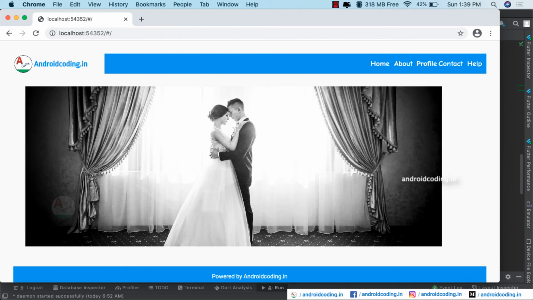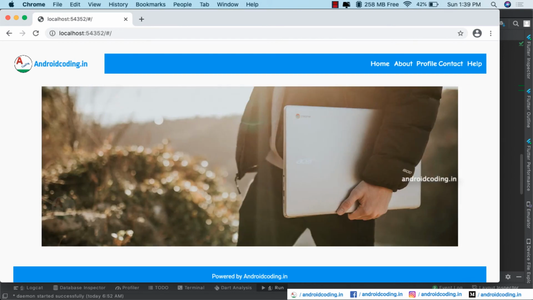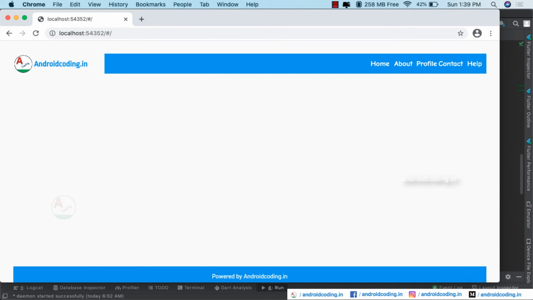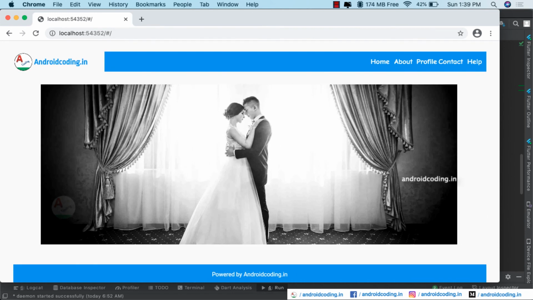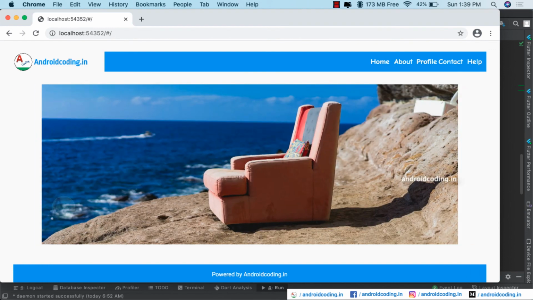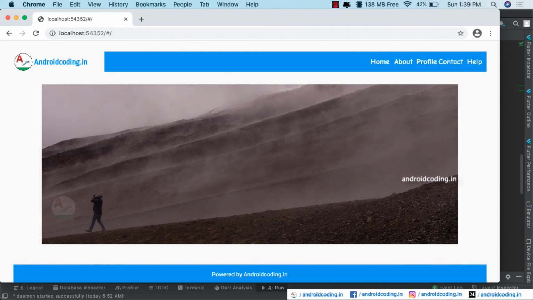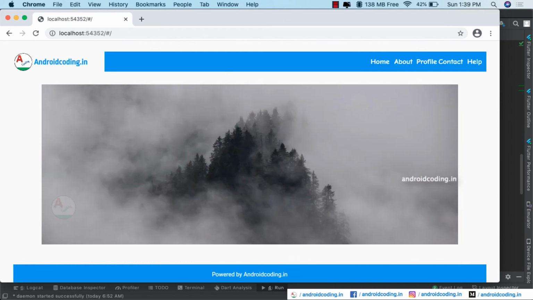So here we got the screens now, and you can see all the buttons are now enabled. And I tap on the profile, so we got the profile screen, contact screen, help screen, about, and again we are back to the home screen here. And you can observe the footer and the header is the same now, only the body part is currently varying.